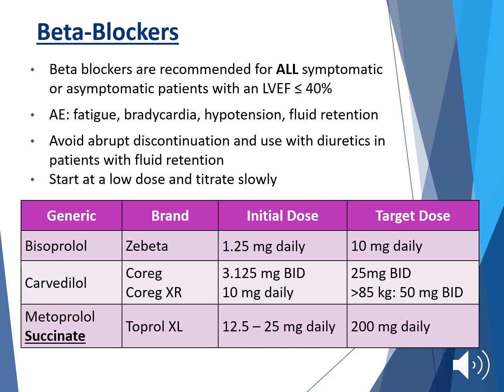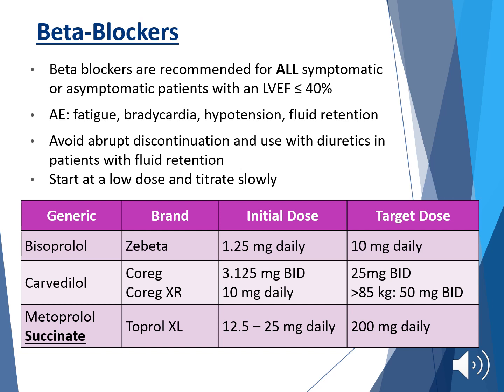And another side effect that you can see with beta blockers is fluid retention. So any use of diuretics in patients with fluid retention, you just want to be careful with. If a patient comes in volume overloaded and you want to start them on a diuretic or increase their diuretic dose, I would recommend holding off on any further increases in their beta blocker or starting a beta blocker in general. We usually want to see patients euvolemic or at least have a stable volume status before starting or increasing a beta blocker. And then, of course, if you're starting this medication, I would recommend starting low and go slow,